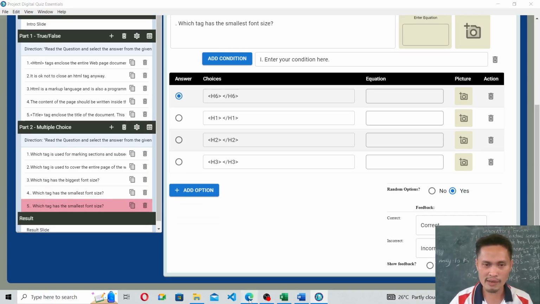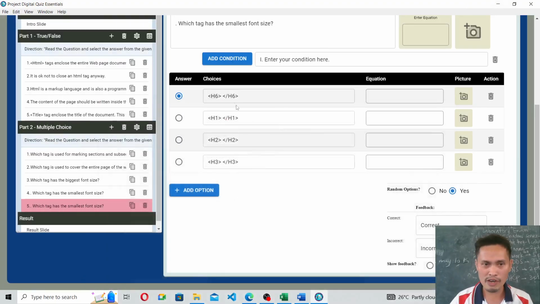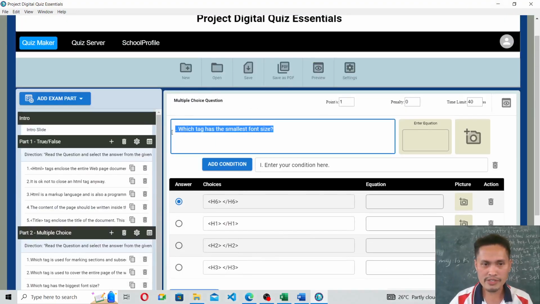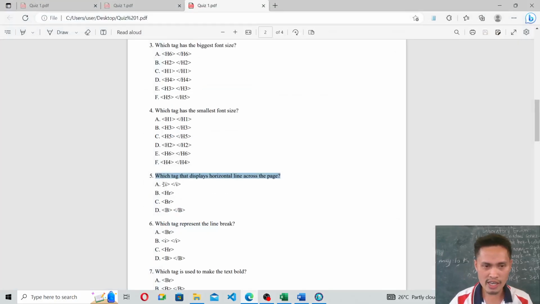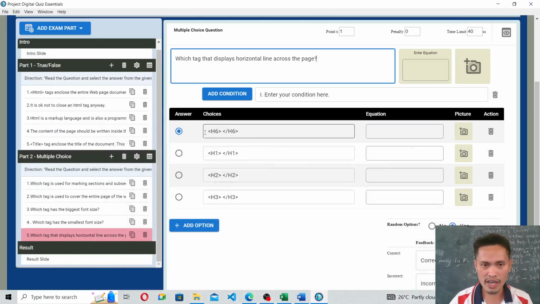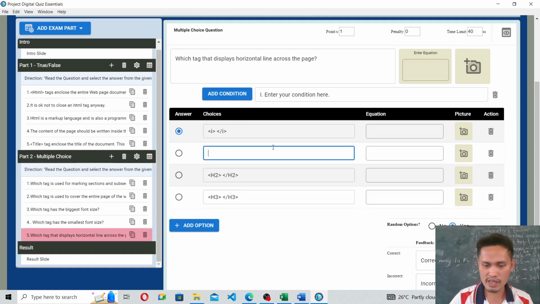Punta na naman ako sa number 5 dito. Ika-copy ko na to. Which tag that displays horizontal line. Okay, pagbabago na ng konti. Copy that one. And then, yung choices niya, I tag, we have the HR, we have the I tag, and then HR daw, HR tag, we have HR,